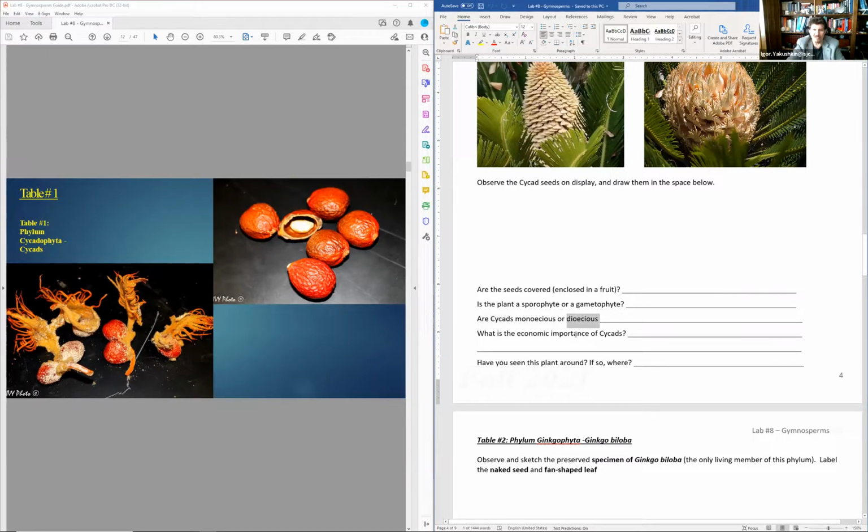What is the economic importance of the cycads? Well, first of all, ornamental plants. We are growing them as ornaments. Right now, it's not a very large group of plants to begin with. There are not too many species, I think within hundreds of them. So ornamental plants, and if I remember correctly, in some tropical parts of the world, they might use the stems as the source of starch. But you have to split it, wash it off because there are some chemicals in there. So yeah, it's messy, but yes, in some cases they're using it for food.